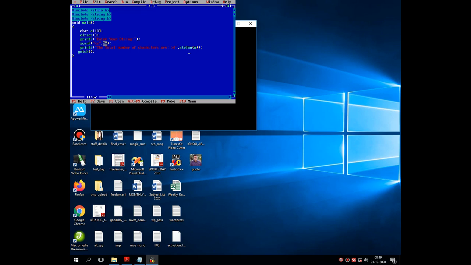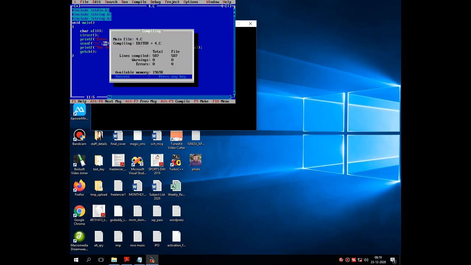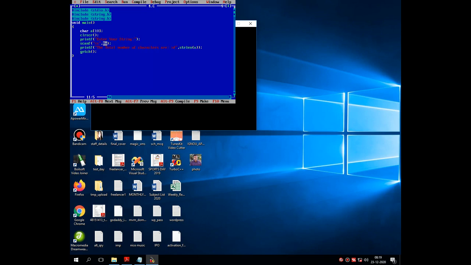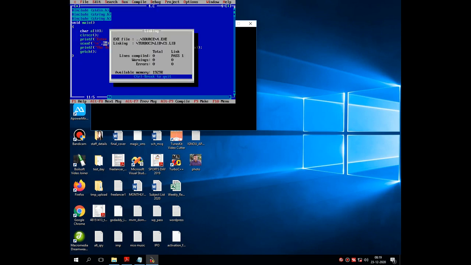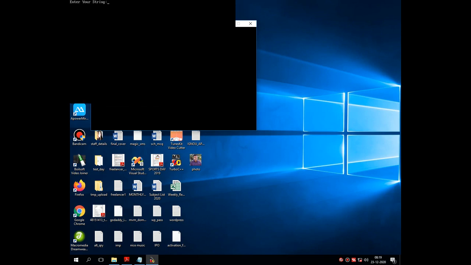Now let's check for syntactical errors first. As you can see on the screen, there are no syntactical errors, so we can proceed to the second step. Let's execute the code. Let me enter a string. It returns the count on the screen with the message, the total number of characters are 3.